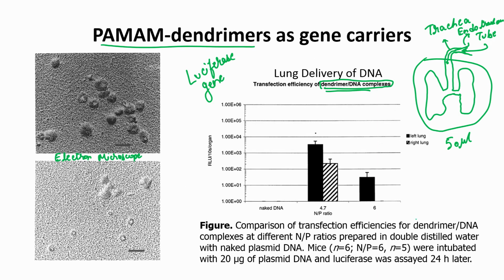They delivered this luciferase gene, and then they monitored the animal to see if they are getting any uptake of these gene complexes into the animal cells, and whether that then results in production of the luciferase protein, because luciferase produces light in presence of substrate. So, it is an enzyme. And then they are basically measuring the amount of light that is getting produced in